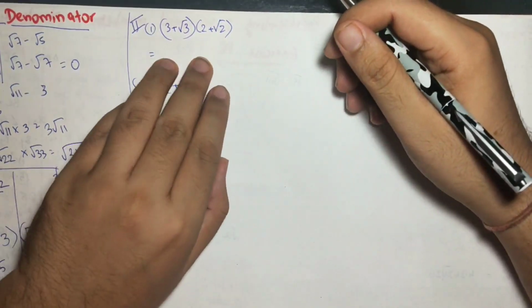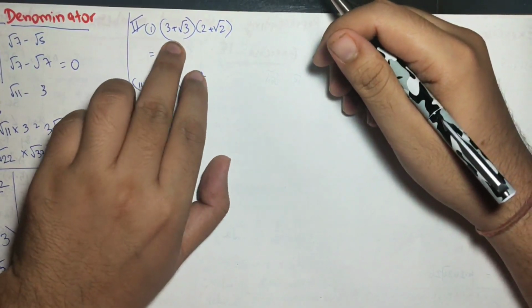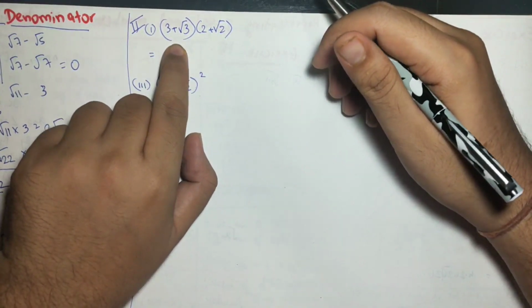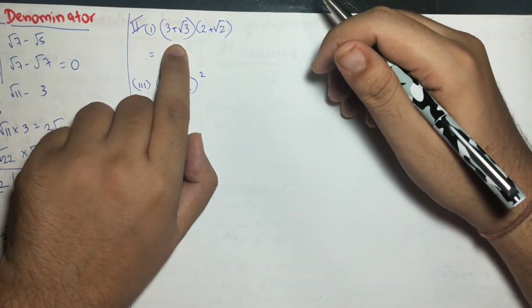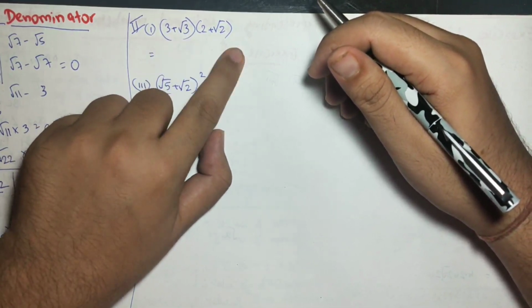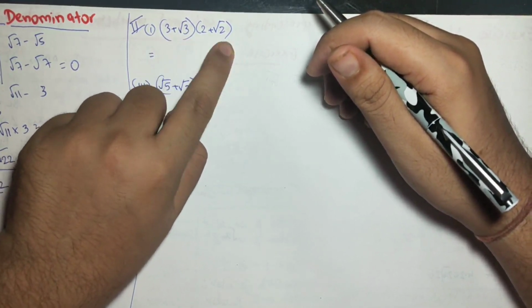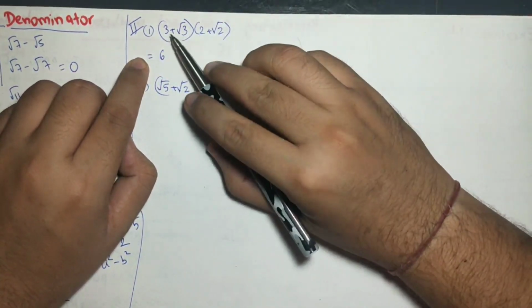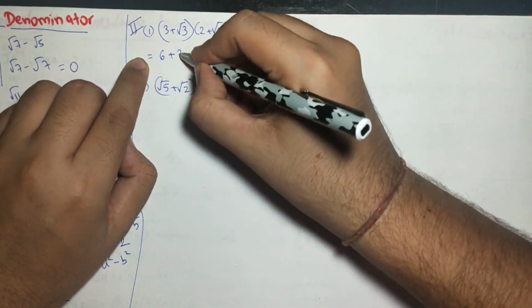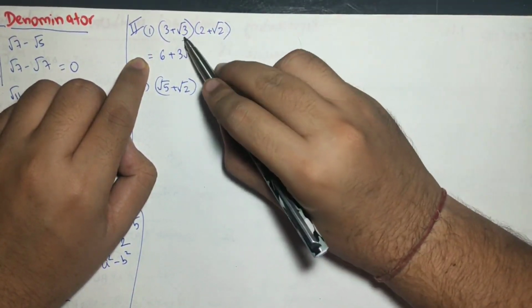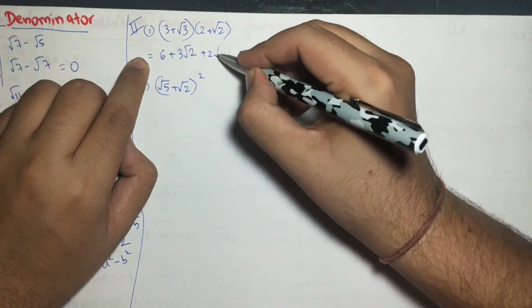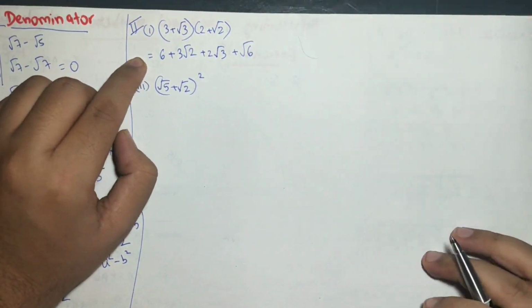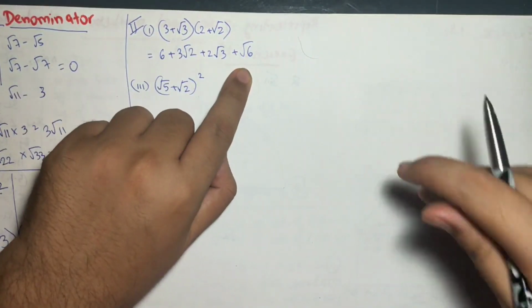Our second question is, we have to multiply these brackets. One is 3 plus root 3 into 2 plus root 2. As you can see, we are given two brackets. So we have to multiply the first term of the first bracket with the whole bracket, and the second term of the first bracket with the whole bracket. So 3 will get multiplied by 2, it will become 6. 3 multiplied by root 2 will be 3 root 2. Root 3 into 2 will become 2 root 3, and root 3 into root 2 will become root 6. All were positive, so my terms came out positive.